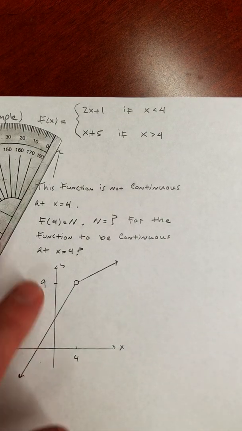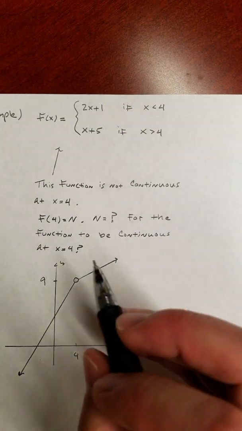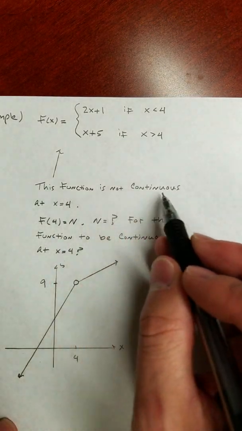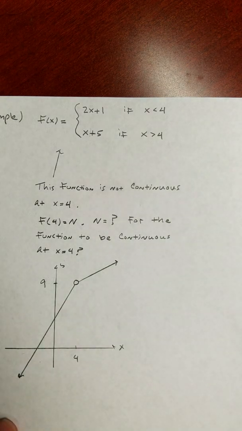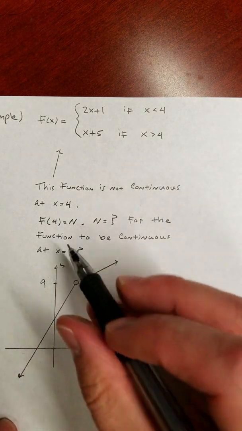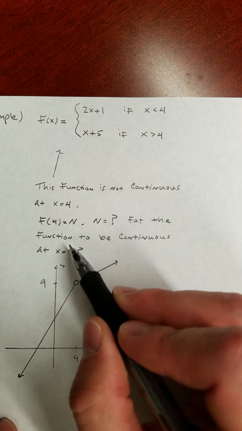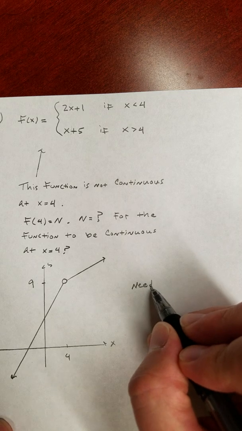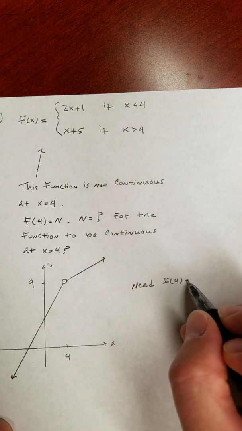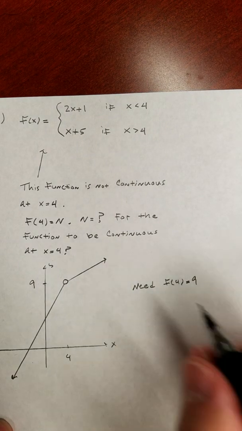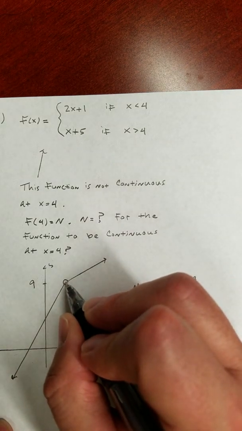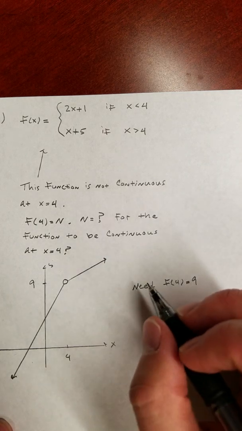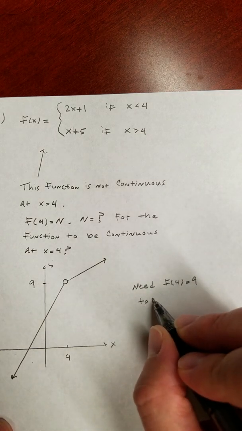All right. This is not continuous, right? There's a hole right there. It's not continuous at 4. The function is not continuous at 4. You're looking at it. It's not. But what would f of 4 have to be to make it continuous at 4? If f of 4 was 9, like say that you included that point, we would become continuous. Then it would be solid. So we'll say, all right, well, you need f of 4 to be 9